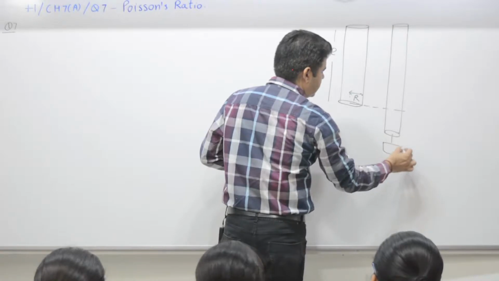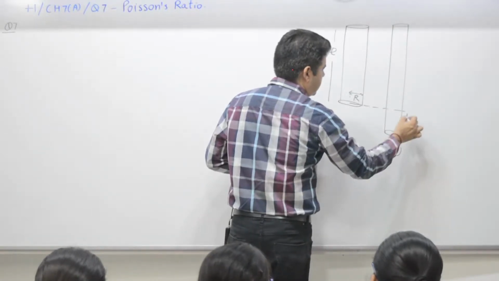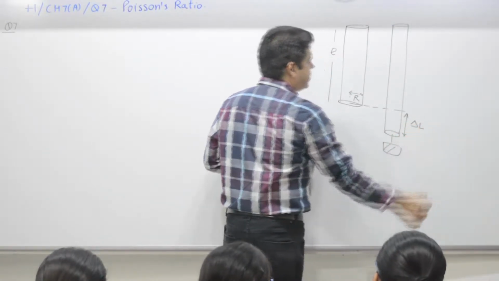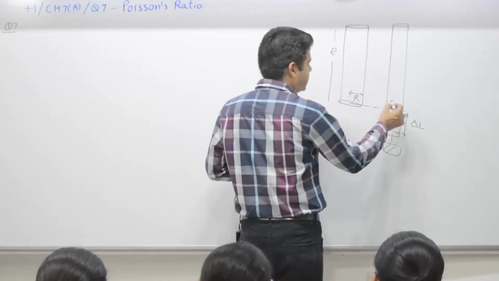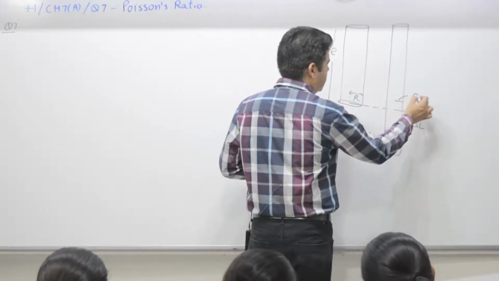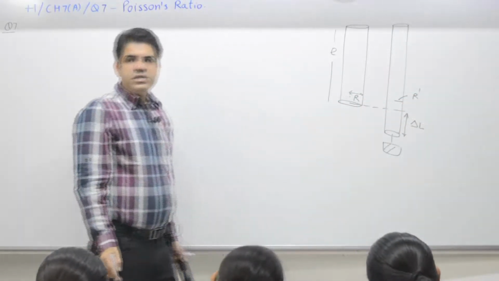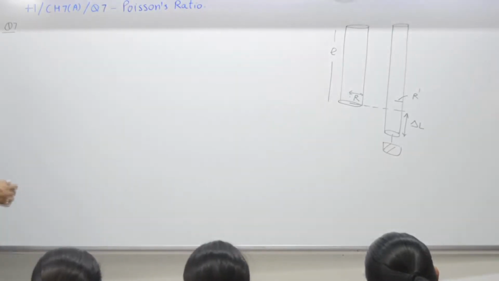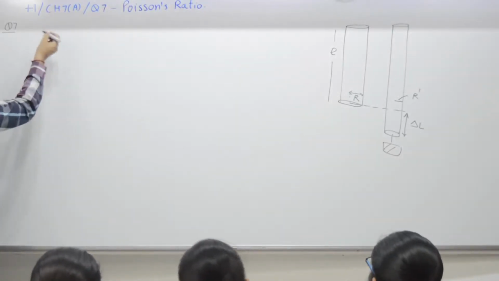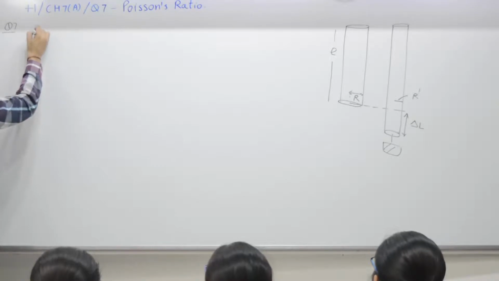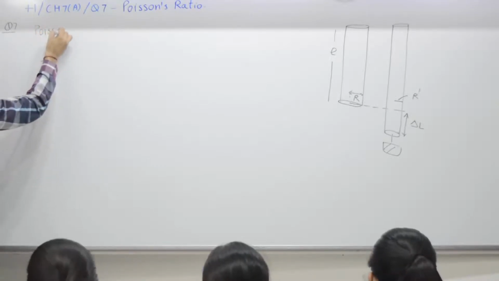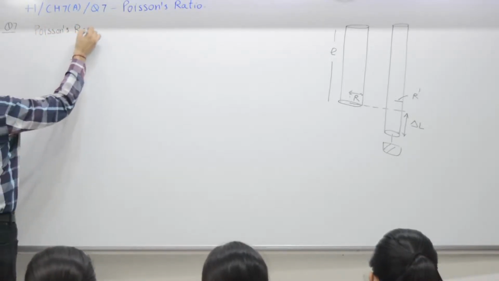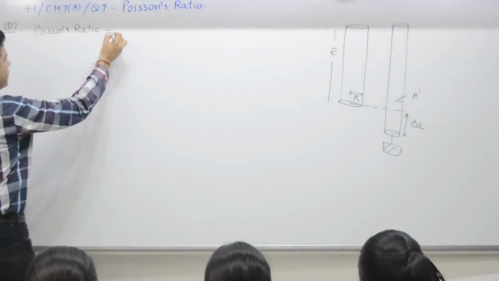Now the length has increased, delta L. The radius has decreased, new radius is R dash. R dash is less than R. Poisson's ratio is defined as the ratio of, yes,